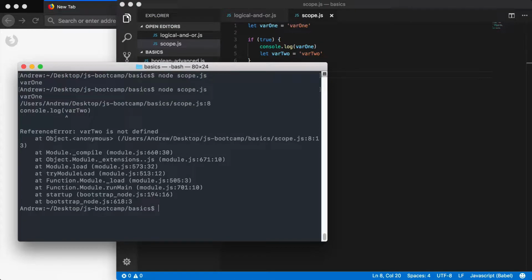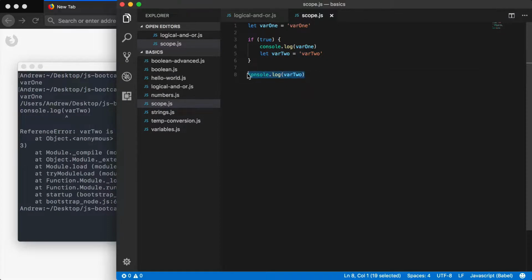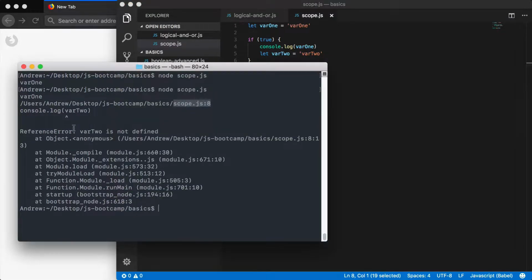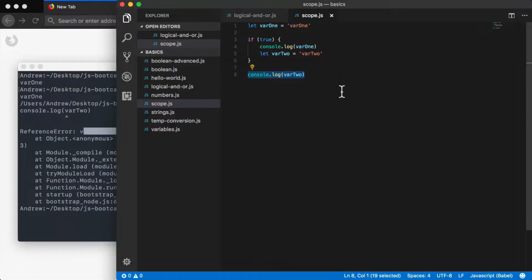When I rerun the script, what do we get? We get a JavaScript error. The error is coming from line 8 of scope.js. That is exactly where we console.log var2, right here. And the actual error message is var2 is not defined. So clearly, for some reason, we're not able to access var2 right here on line 8, even though it's defined